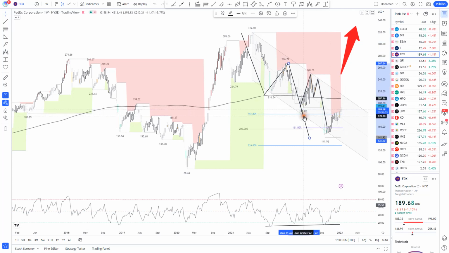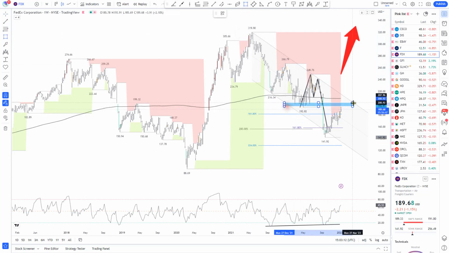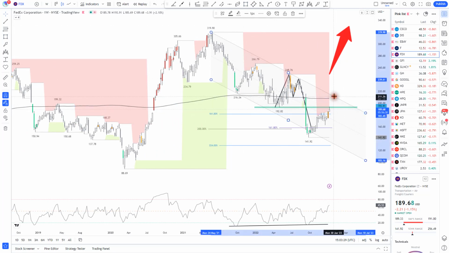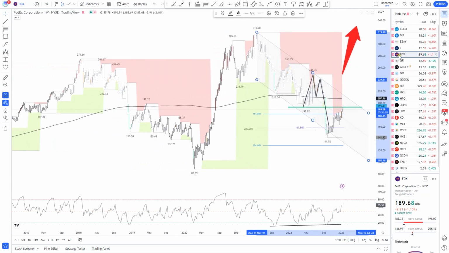As we can see, we are now facing the previous structure support, and nothing assures this price zone will not act as resistance. Pay attention to this possibility. Previous structure support, it's now resistance. We have the 200 moving average also pointing to 107.96. An eventual retest of the channel will not be a surprise.